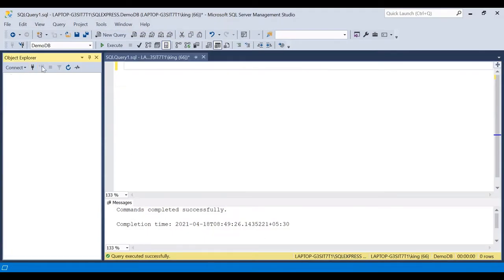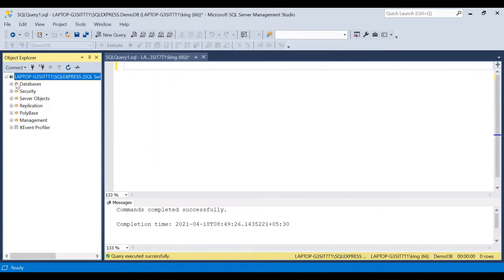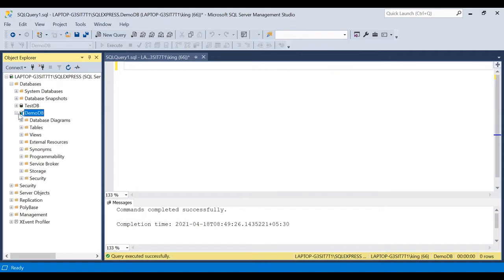So here we have opened SQL Server. In SQL Server we'll simply click on connect, and in the database we will right click to create a new database. We're going to name it DemoDB. Click on OK. So this creates the database,